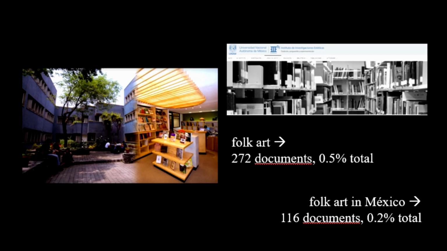As mentioned before, the available textual documentation on the area of folk art in Mexico is scarce. For example, the searches in the catalog of the Biblioteca Justino Fernández only record a total of 272 documents under the theme folk art, less than 0.5% of all the works of the library. If this data is already of concern, it is relevant to consider that this figure is even lower for the case of the description of folk art in Mexico, since the documentation regarding Mexico is comprised of only 116 documents. That means around 0.2% of the whole collection.